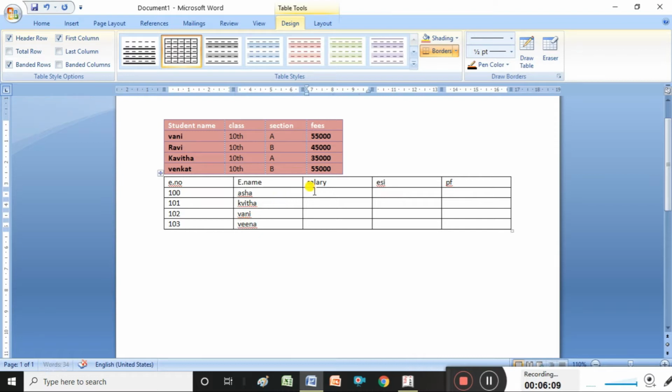Next we want to type the salary, how much salary we are giving. Next the ESI, how much we are giving, we want to record. Next the PF amount also we want to type here.